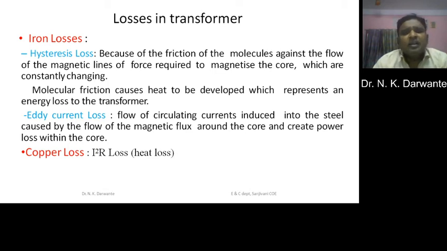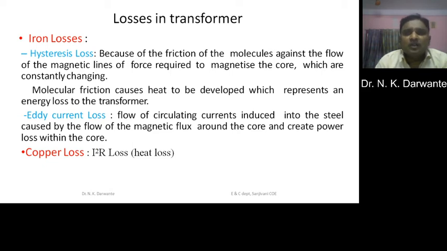Okay, but in the AC what happens, the polarity always gets reversed, meaning in the positive cycle the domain will be in one direction, and in the negative cycle it will be in the reverse direction. Because of this variation in the domain direction, there will be molecular friction. Friction is going to occur, and this friction results in the heating of the devices, and it has to